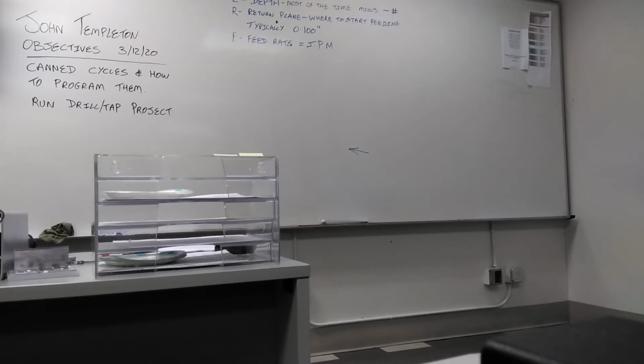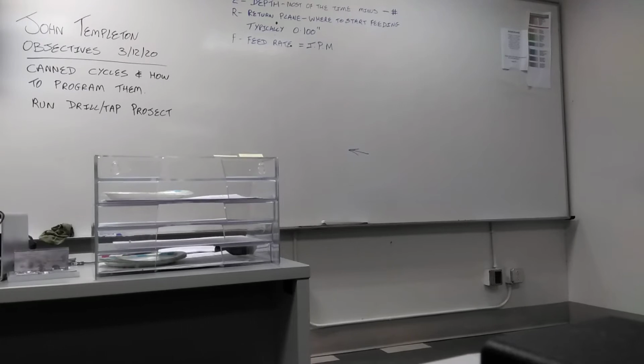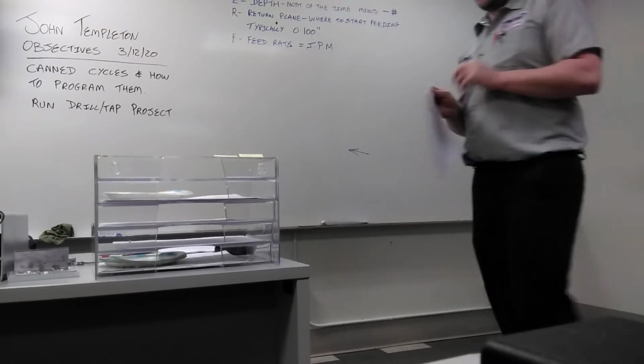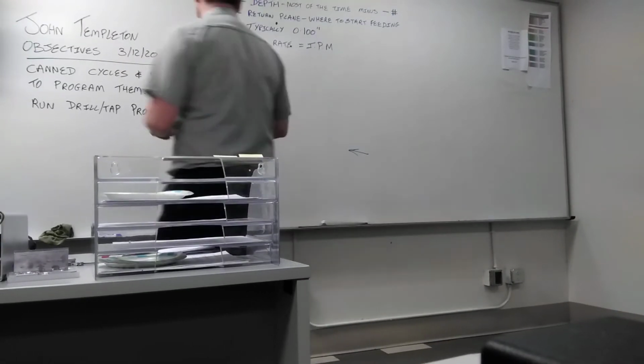P is our dwell. How long is it going to stay at the bottom of the hole? 5 seconds. 0.5. 0.5 seconds. Is that half a minute? Half an hour? Half a second? It doesn't tell you, right? So you've got to be aware of what these values are. Okay? So on the G82 cycle,